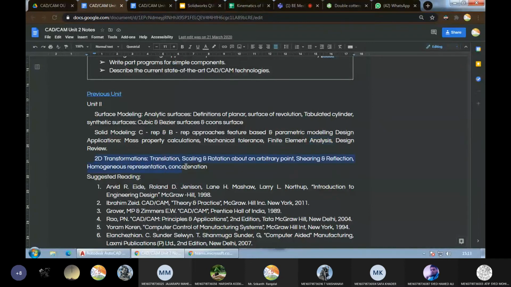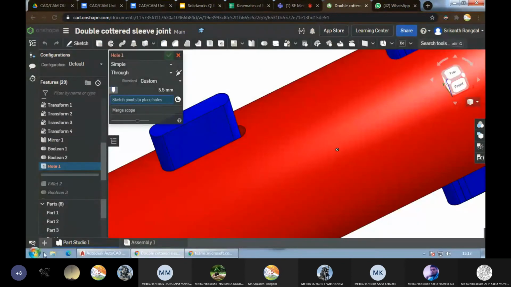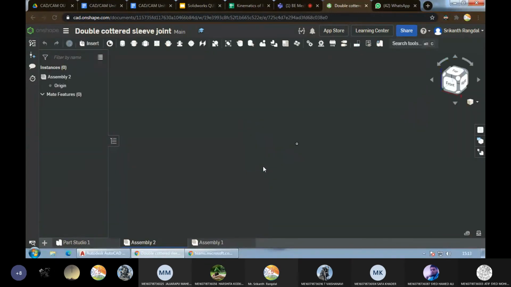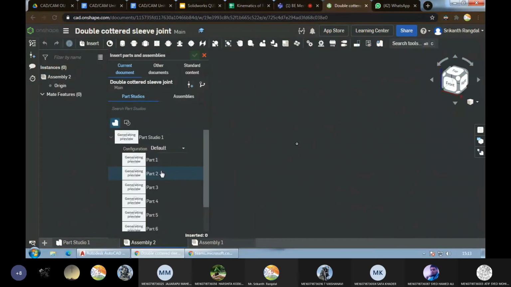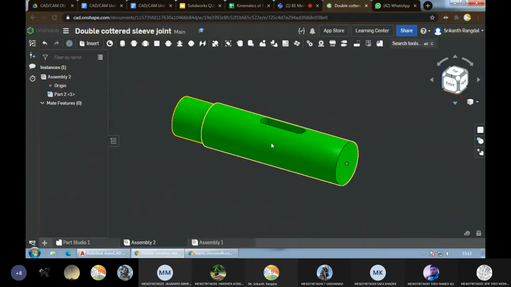Then coming here, we'll be seeing how to perform transformations. So when I say transformations, what I mean is doing the transformations. Like let me take a new assembly file to show you what exactly it means. Let me insert an object. Let's say some part. Okay. So I've got this part.